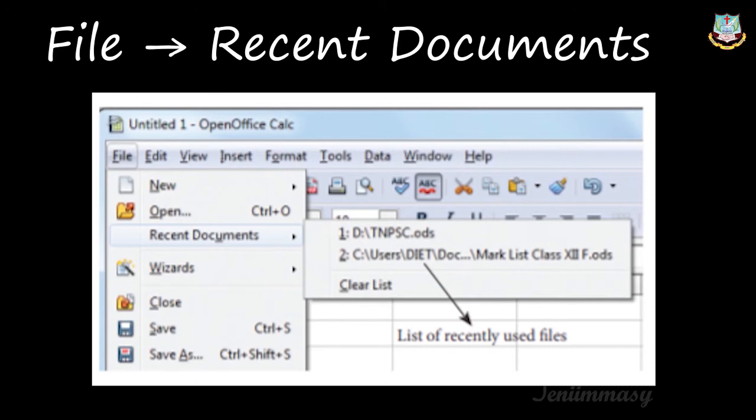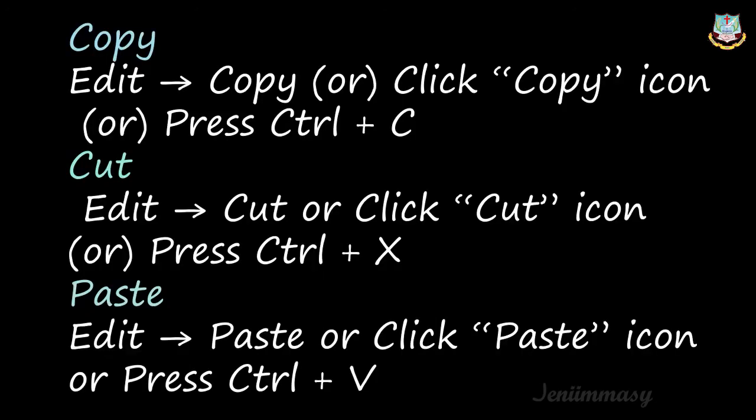And now we are going to see about copy, cut and paste. Okay, to copy, you can select a particular cell which you want to copy, right? One cell means one cell. If you want to copy 10 cells, you can select those 10 cells and go to Edit and Copy, or you can click the Copy icon on the toolbar, or the other way is by shortcut. The shortcut for copy is Control C, right?